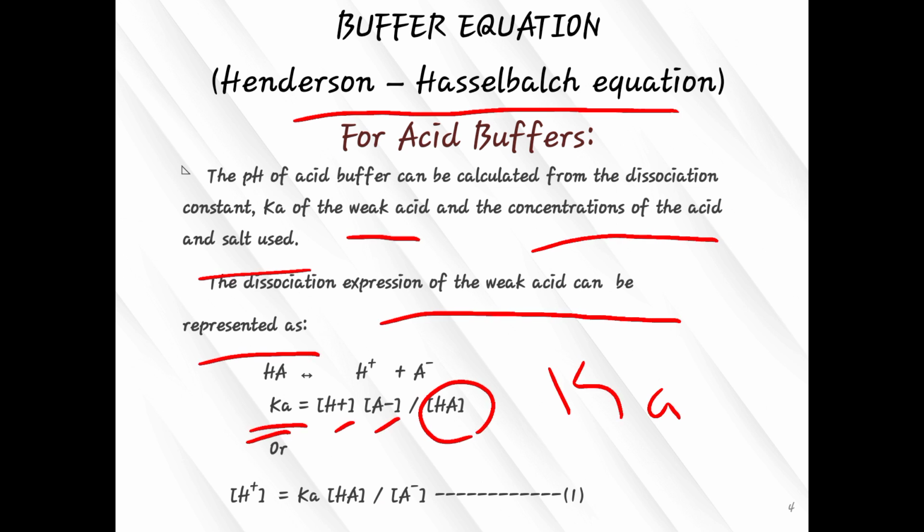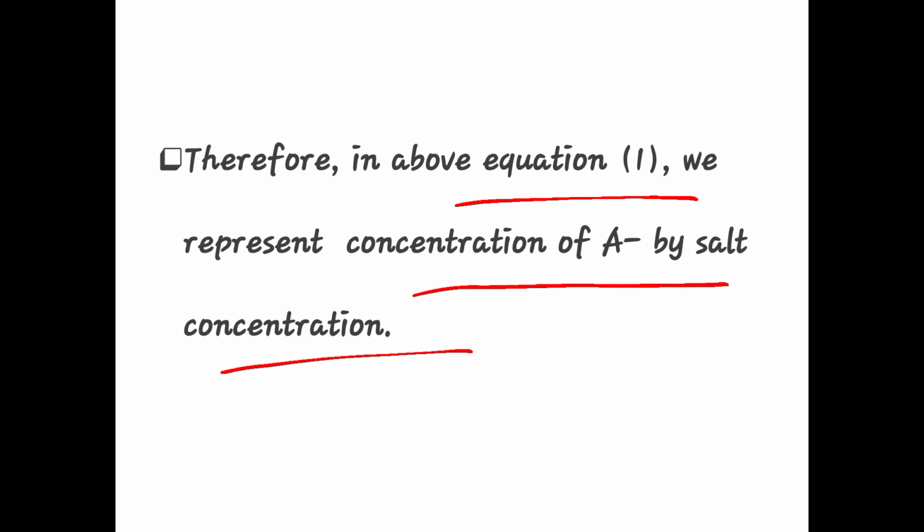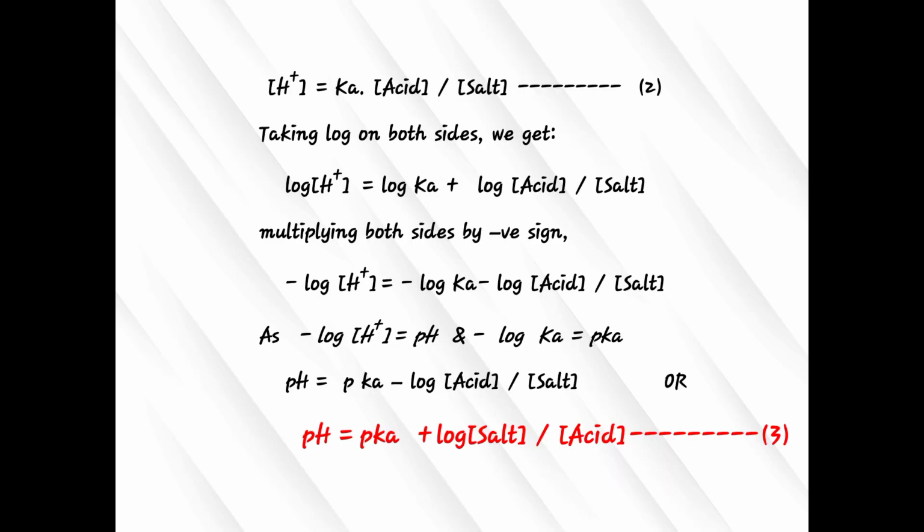The concentration of H+ equals Ka, the dissociation constant, times the concentration of HA, the acid, divided by the concentration of A−, that is the concentration of salt. So the concentration of H+ is equal to Ka times the concentration of acid divided by the concentration of salt. Taking log on both sides,